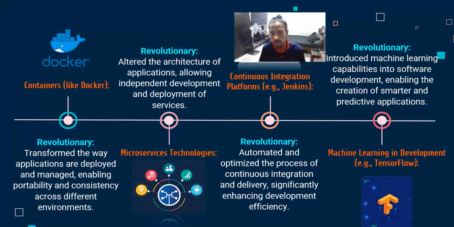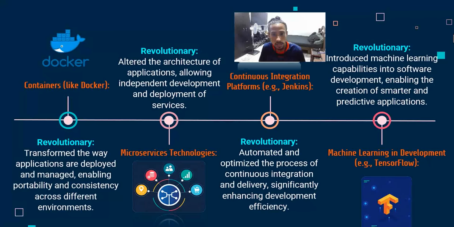different environments. That is really a revolutionary way, because before the implementation of Docker, things really needed to change because of the way we can install different applications in different kinds of environments, and system application is really revolutionary. Of course, we have microservice technologies that alter the architecture of applications, allowing independent development and deployment